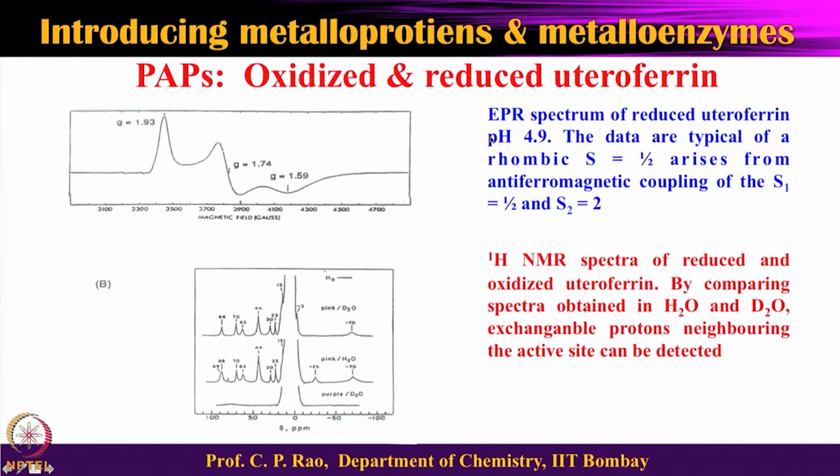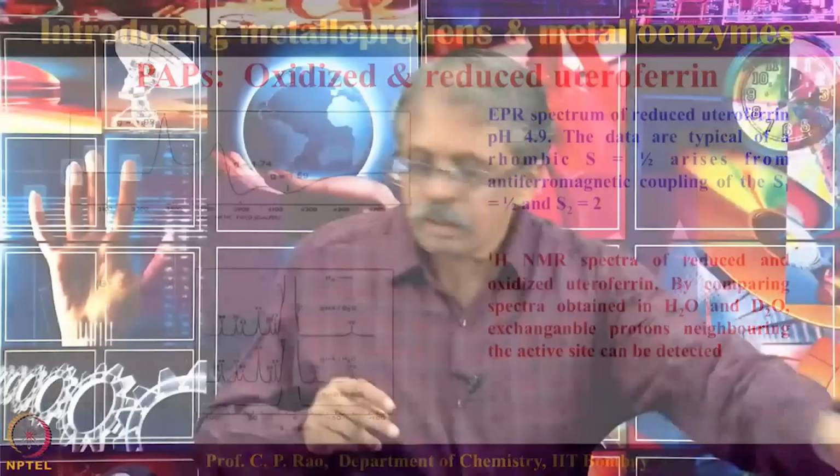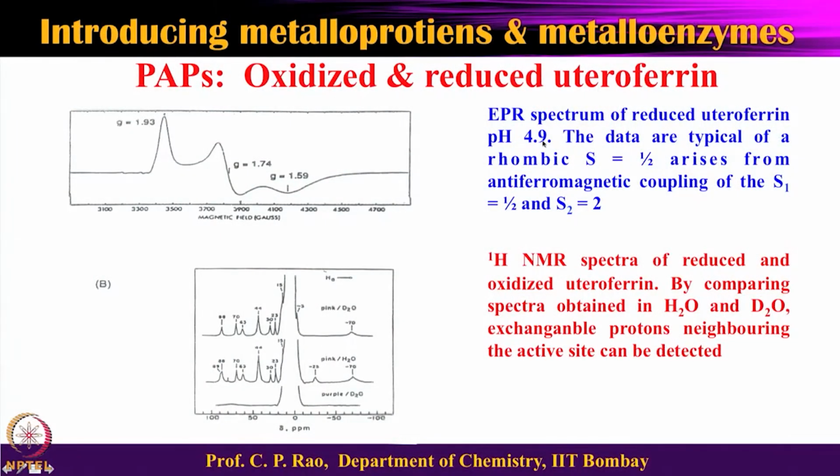Now, let us look at the reduced forms, the oxidized form, etc., etc. You can see that we are of course referring to the iron-iron case. The iron-iron case, there are two irons there, in the oxidized form and then in the reduced form too. So, this is the uteroferrin, which is for the mammalian case. So, mammalian purple acid phosphatase will have both the metal centers as iron. So, in this case you can look at the purple acid phosphatase at the 4.9 pH, which is acidic pH,